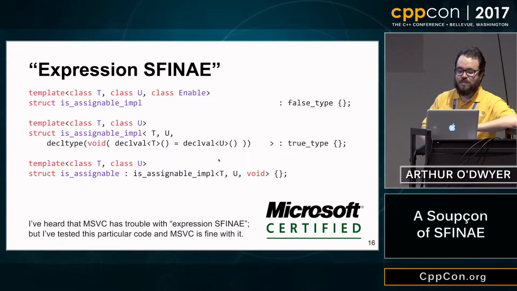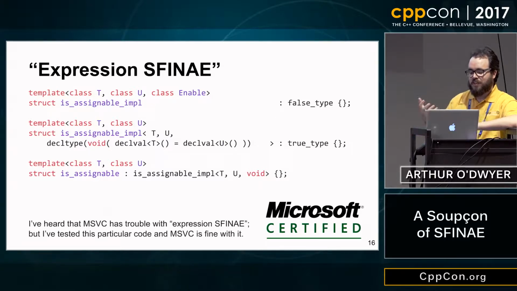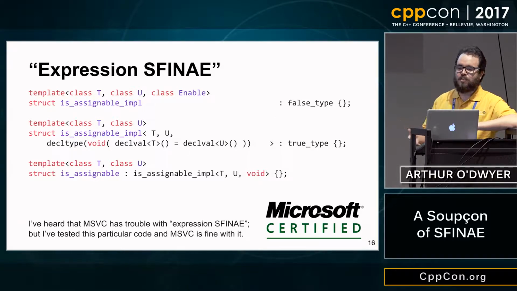And in that case, if this partial specialization is well-formed, it will definitely come out to T, U, void, which is what I put in, and so it will be a very good match, and so it will get selected and will get true. And if it's not well-formed, then we'll have no choice but to use the base template and we'll get false. So again, I've taken the well-formedness, ill-formedness of this expression, and I've managed to sort of project